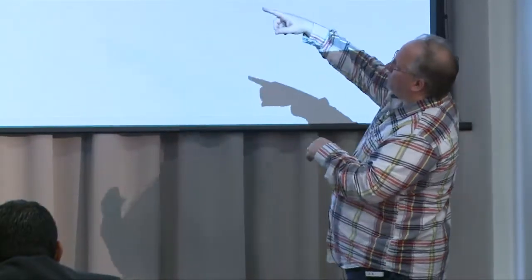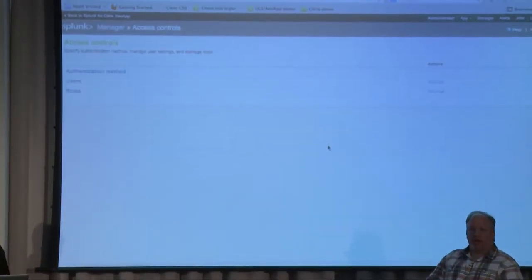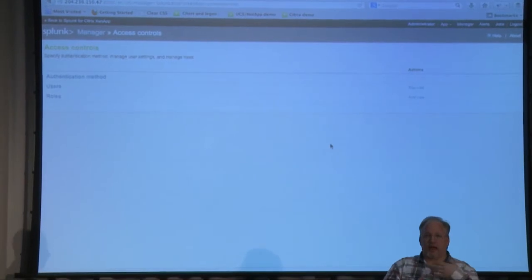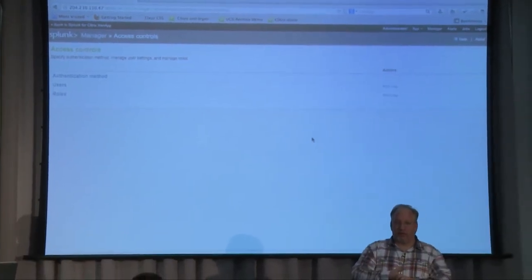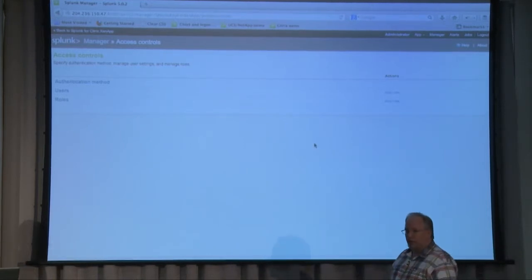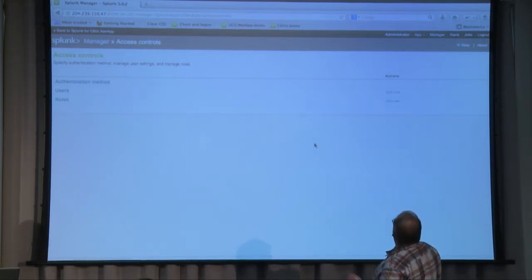Up here you can add users, you can add roles. That's how you say this is a user that can do it, and a role is a type of user. If you have help desk, you would create a role called help desk and add the users that are in help desk into that role. This can also be Active Directory integrated. We link the AD so you can do it that way. But specifically, if you go up to manage,